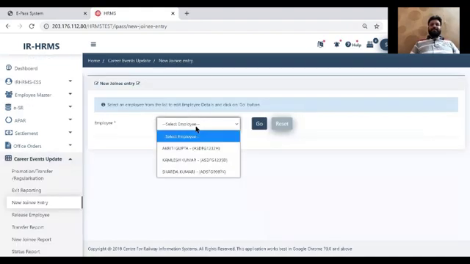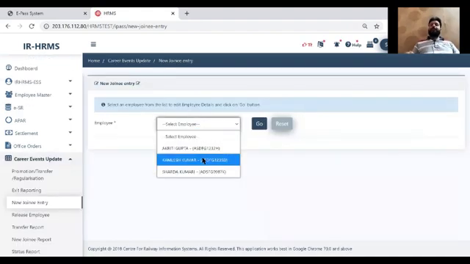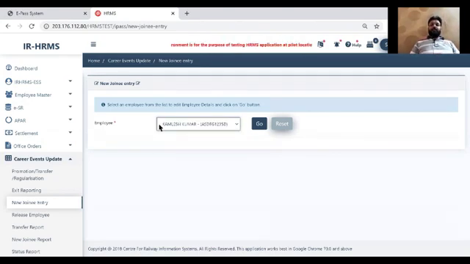So here is the list of all employees that are pending to join. Office orders of these employees have been issued, but now they are pending to join here. So I'm just selecting the same employee we have created right now. And I've already told you that till this stage, we don't have an HRMS ID or IPAS number. So we are identifying our employee with his PAN number. So I select the PAN number and click on Go.